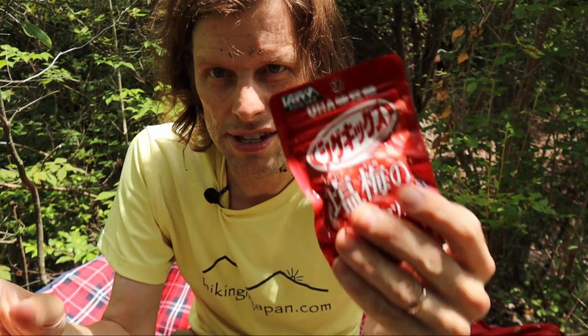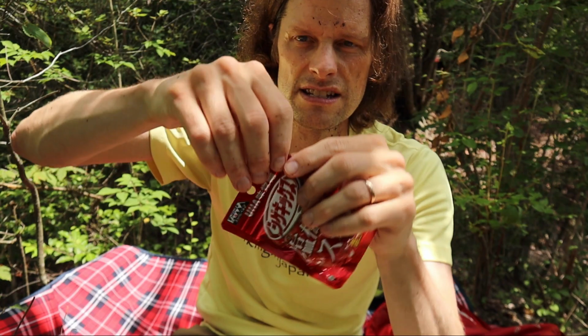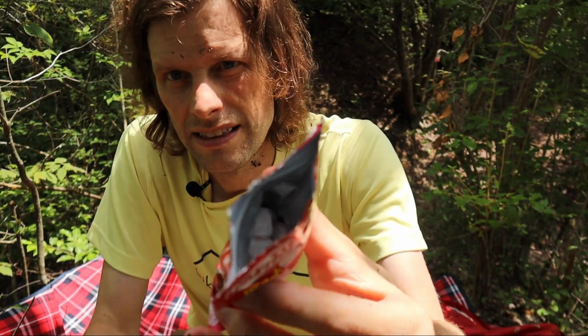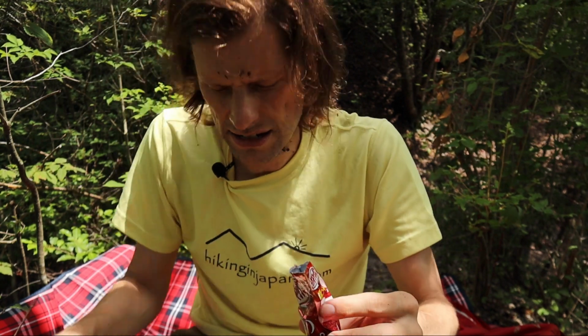Today I'm going to show you what this salted plum candy looks like. They look like that on the inside, and if I take one out, they're kind of coated. They look like they're coated in sugar, but they're actually coated in salt. So I'm going to try one of these now. Oh,